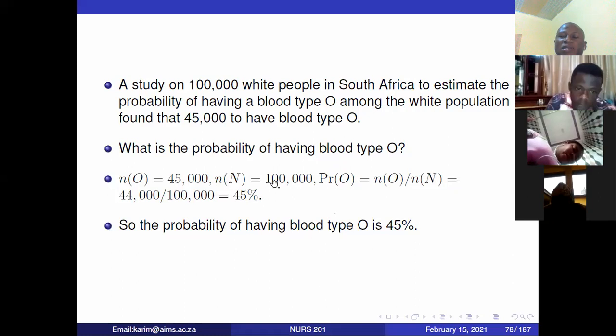So this is supposed to be 45,000, not 44. 45,000 divided by 100,000 will give us 45%. So the probability that you are going to get a patient out of 100 people to have blood type O